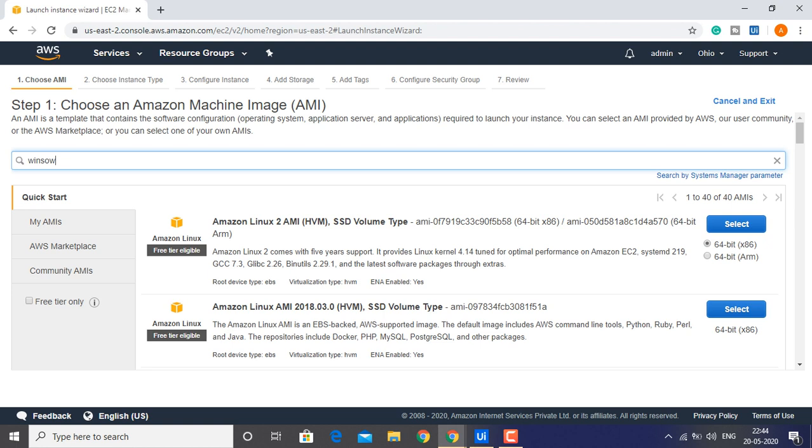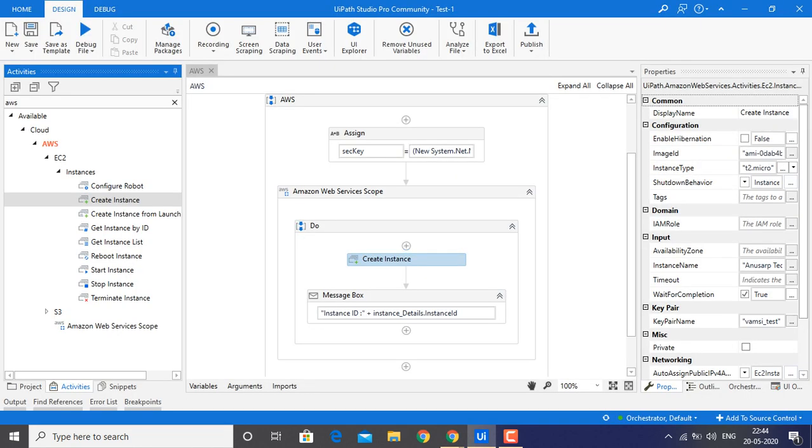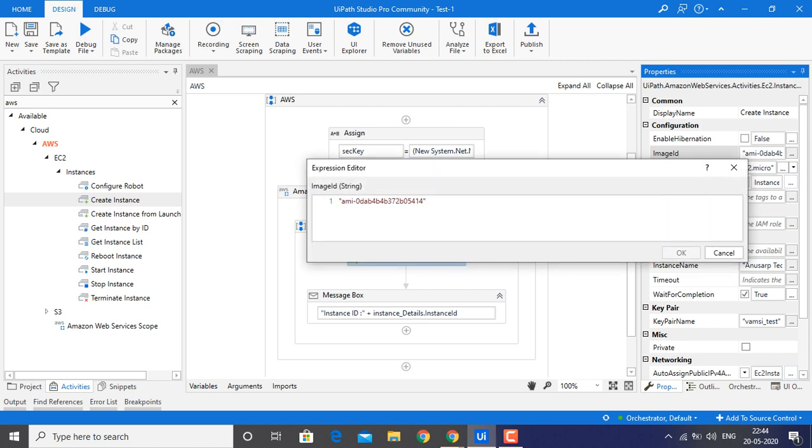Earlier we launched a Windows server instance. This is the Windows server we have launched. Here we have to copy this ID, the AMI, Amazon Machine Image, and the image ID we have to pass here.